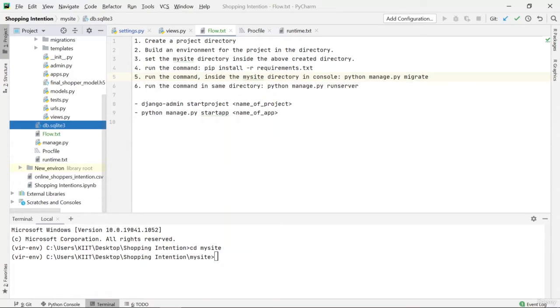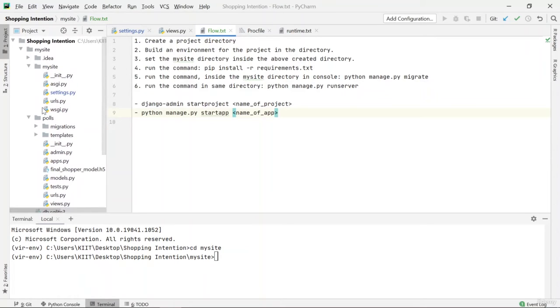Once you do that, all you have to do last is python manage.py runserver. What this does is basically tell the code that everything is set up and you can run the web application locally, or deploy the application locally. The last part is basically telling how I built a project and how I built an app.